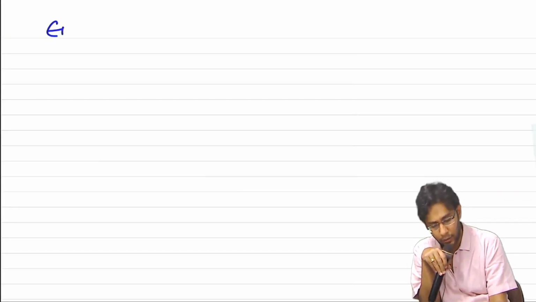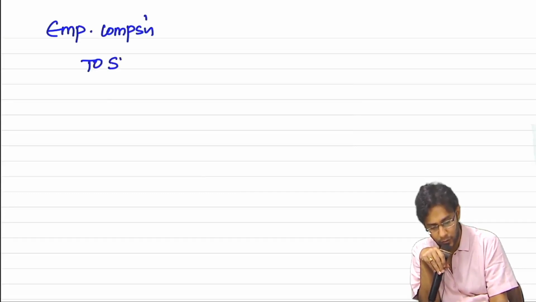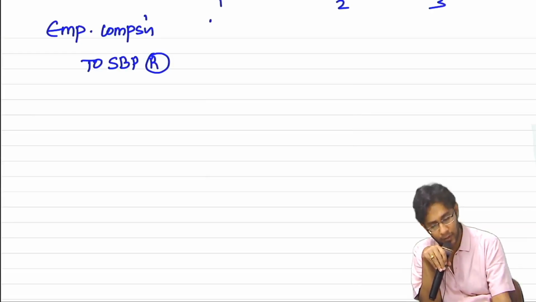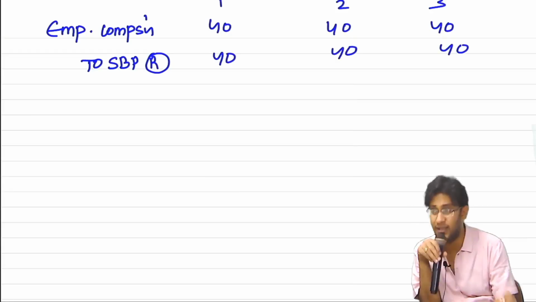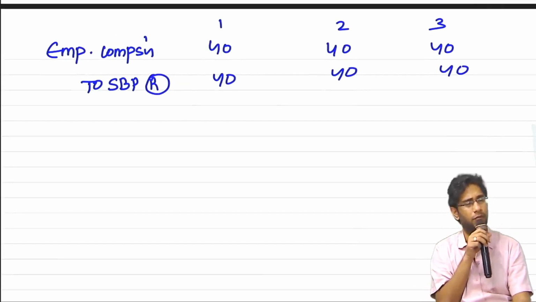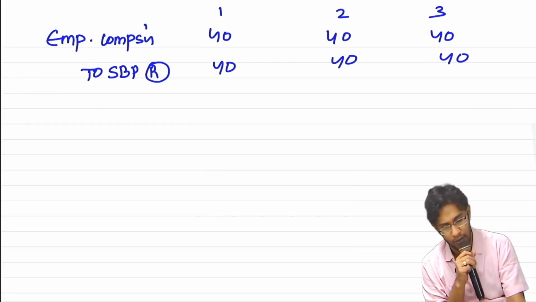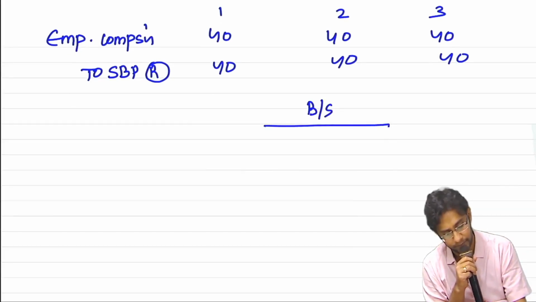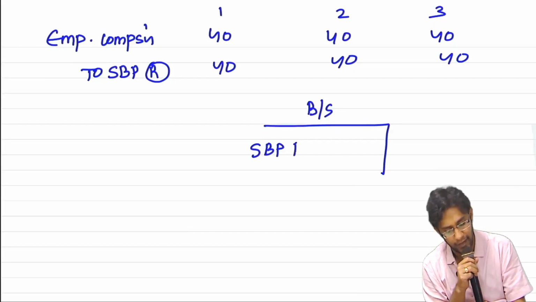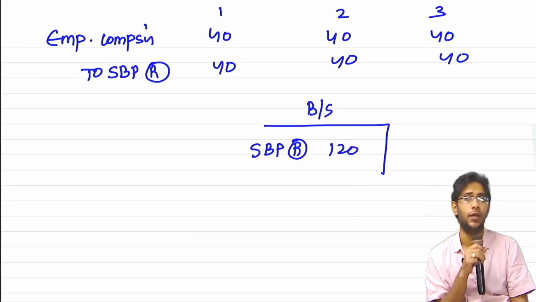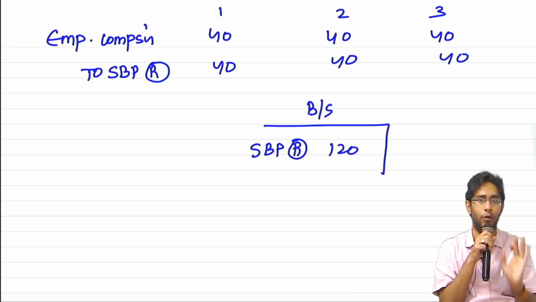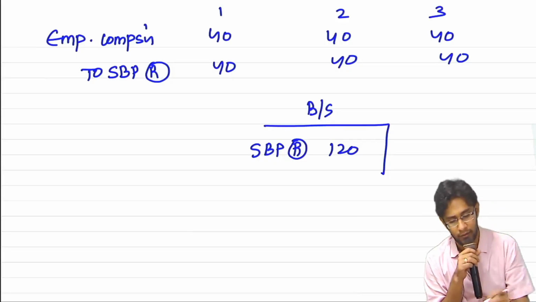Sir, I wrote entries like this. Employee compensation to SBP reserve. First year, second year, third year: 40, 40; 40, 40; 40, 40. Easy case: only one employee, 120 rupees fair value, amortized over a period of 3 years. Like this. By the end of third year, I will have SBP reserve of 120. If the employee exercises the option, we know what accounting you have to do. In these different cases,